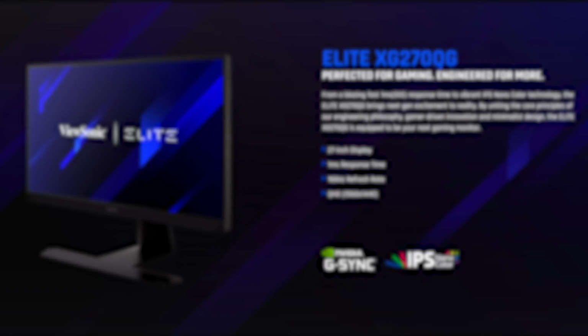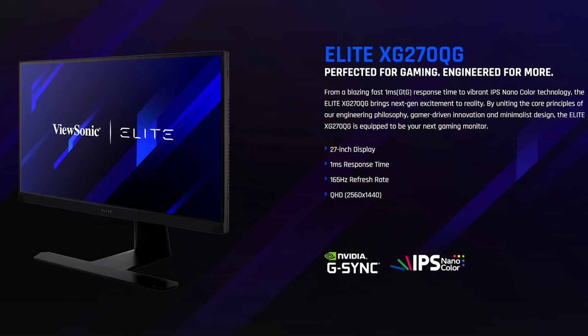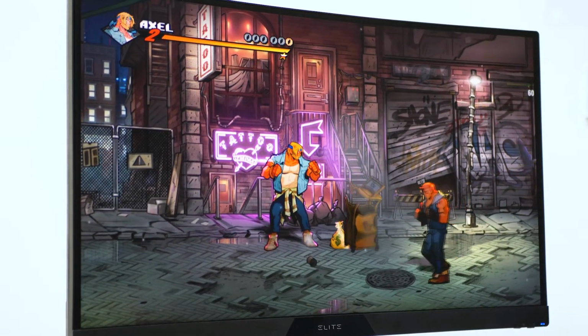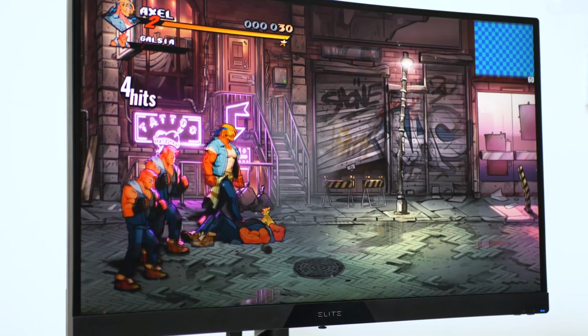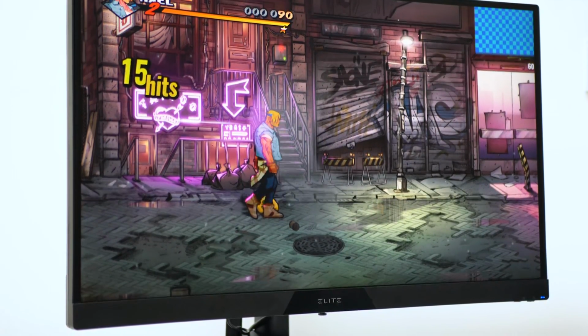The ViewSonic XG270QC has such a screen, but the 270QC I have here is based on something different, an MVA screen. The firm touts a 3 millisecond grey-to-grey latency here, which is still impressive, while the moving pixel response time is indeed rated at 1 millisecond. Generally speaking, Nano IPS is more highly regarded than VA, but VA panels have one huge advantage. Contrast ratio is higher, blacks are much blacker, and images can really pop,